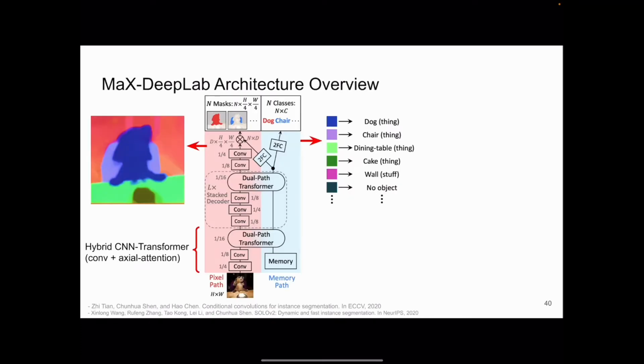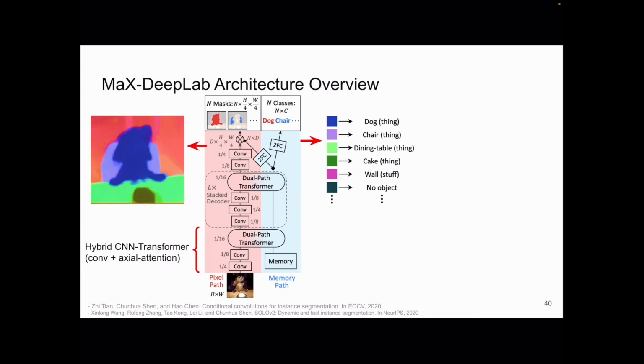Here is the overview of our MaX-DeepLab architecture. Instead of stacking a transformer on top of a CNN, we integrate the transformer and the CNN in a dual-path fashion with bidirectional communication between the two paths. Specifically, we augment a 2D pixel-based CNN with a 1D global memory.